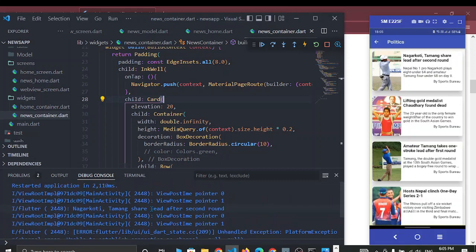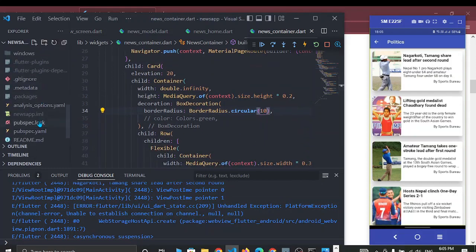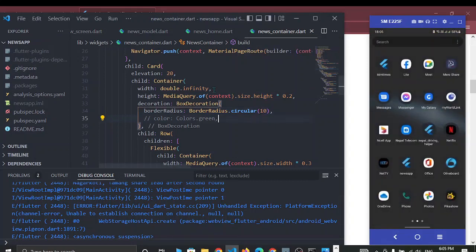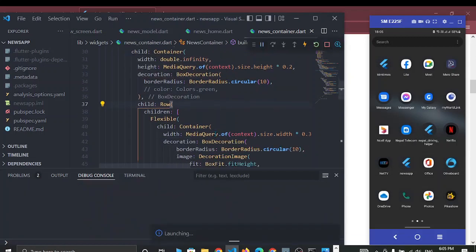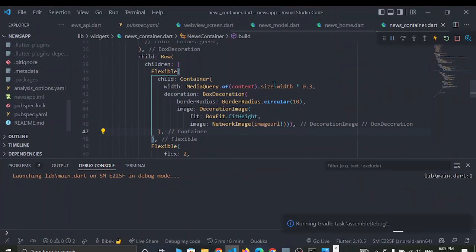So let's see. Okay, unhandled exception, platform exception. So let's build our app again. We haven't built after adding those packages. So let me stop this and I will build this app again. So this must work after building. So while it is building, we can pass